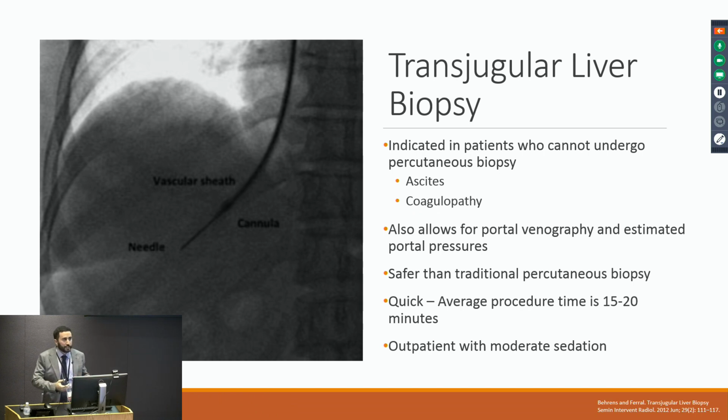So we often do these on patients who were not candidates for percutaneous biopsy. They said, oh, they're going to bleed. Their INR is too high. They don't have enough platelets. These people have liver disease. They're going to bleed. So we can't just not do the biopsy and not stage their fibrosis and treat them. So we would do this through the neck,